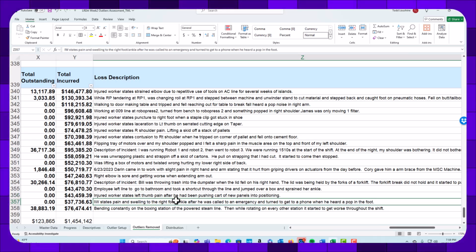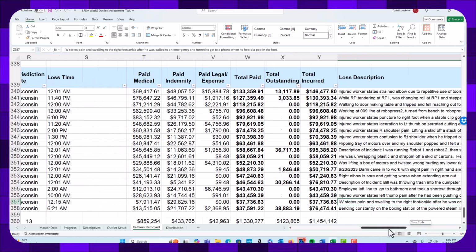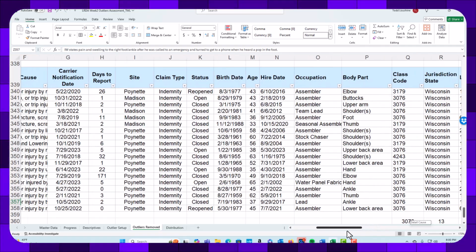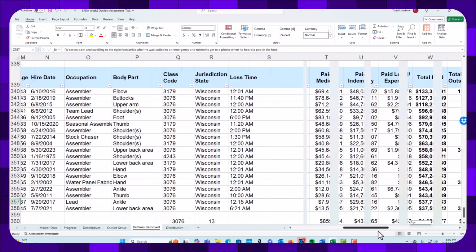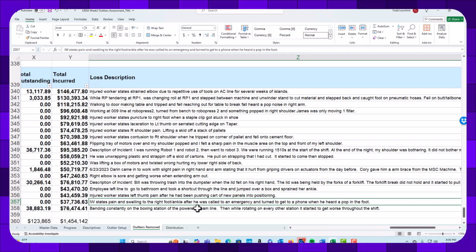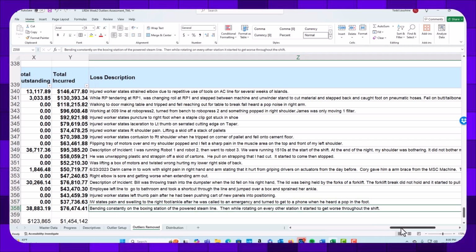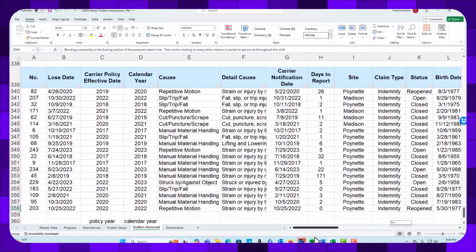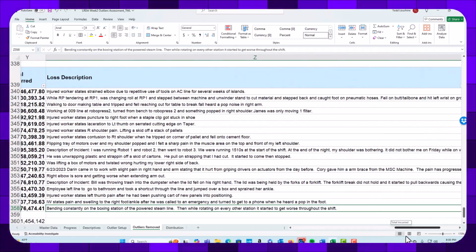Worker states pain and swelling to right foot ankle after he was called to an emergency, turned to get phone when he heard a pop in his foot. The foot popped? It's weird. Bending consistently at boxing station, rotating. I bet you this is a repetitive motion strain. It is. So, ladies and gentlemen,